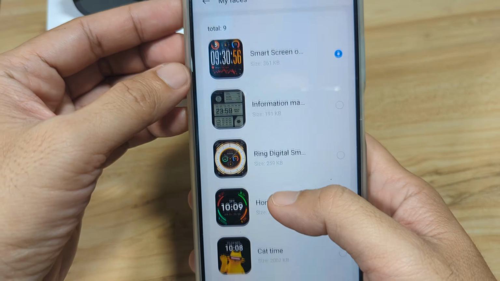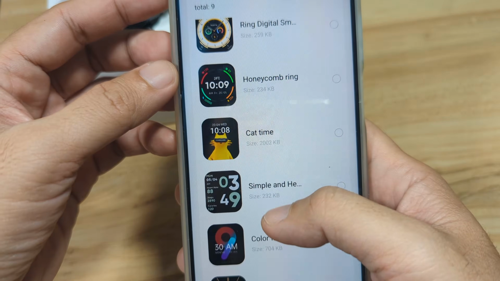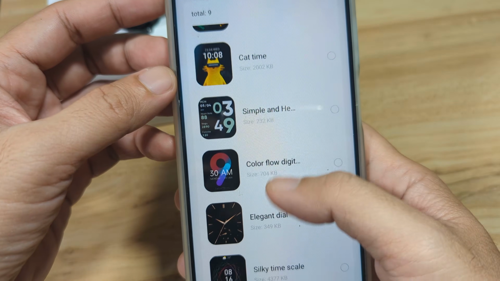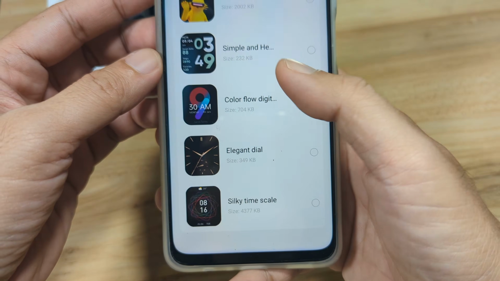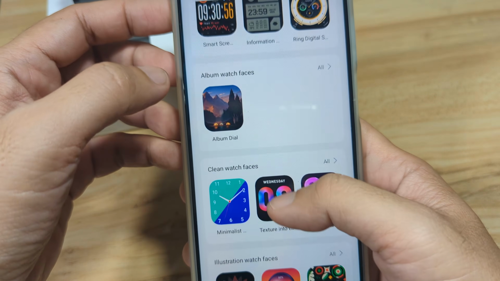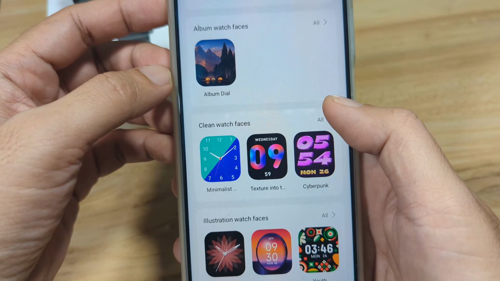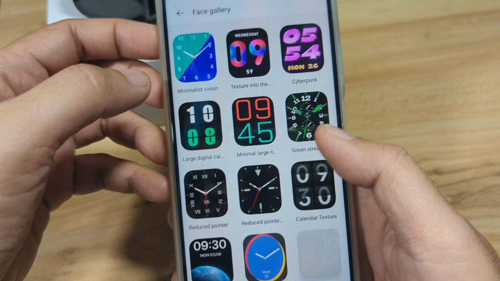So we have smart screen. We have the honeycomb here, the cat time, color flow, digit, elegant dial. So these are the collection of watch faces. We have the clean watch faces here. We have the album dial also.